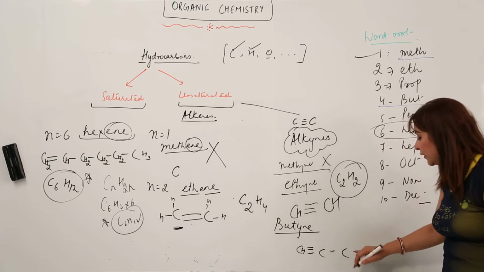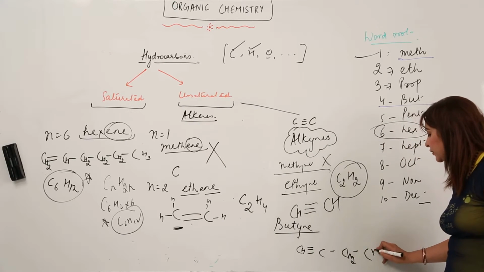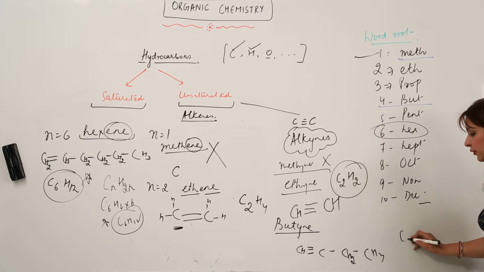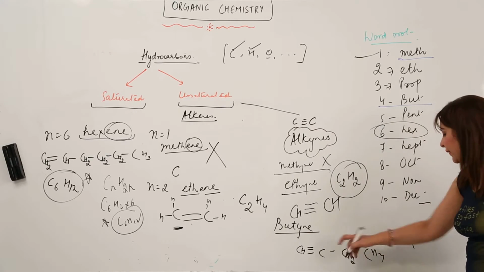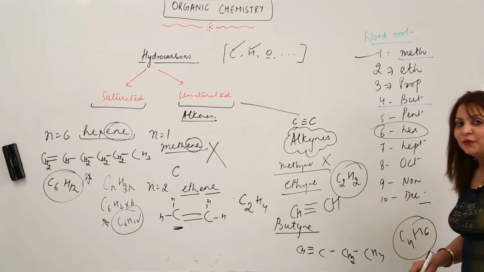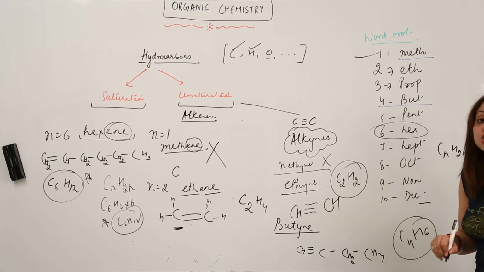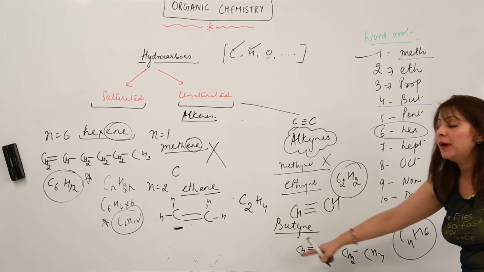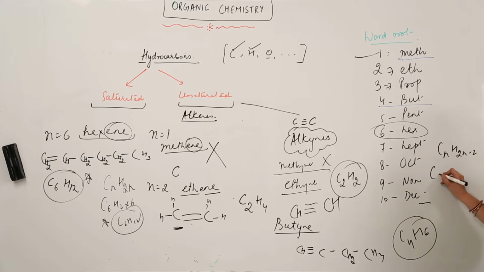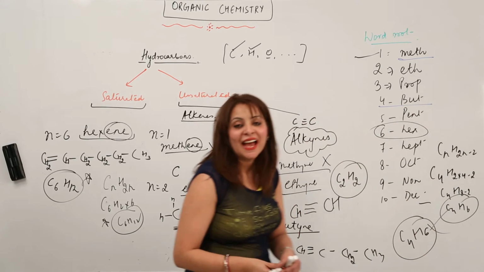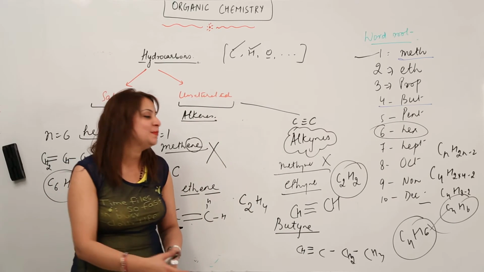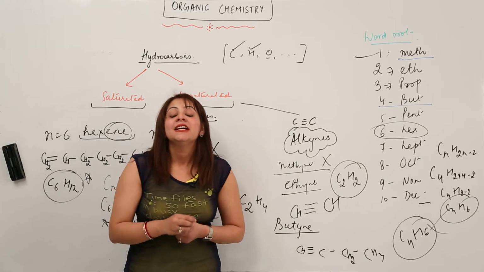In this case, we are left with 2 hydrogens on one end, and 1 on the other, so we are left with 3. When I total it, it will be C4H6. So I'm just checking whether I'm right or wrong. I know the general formula of alkyne is CnH2n minus 2. As I'm preparing the fourth member, I'm going to put n equal to 4. So what I'm getting is 8 minus 2, C4H6. Wow, it's matching. That is, I'm right. And likewise, you can also make the members of alkane, alkene and alkyne, depending on that.